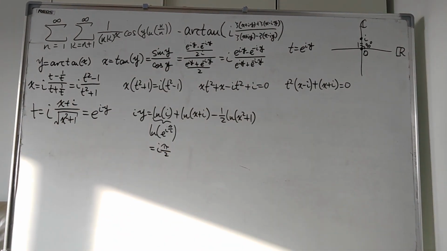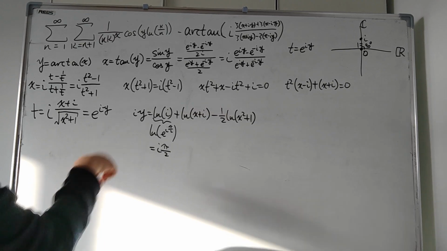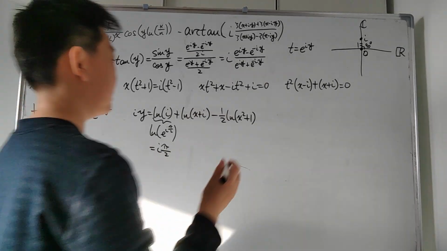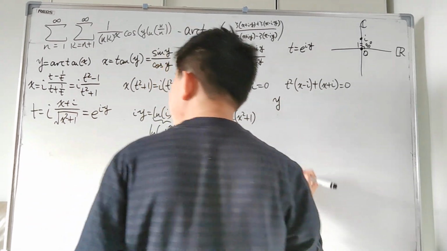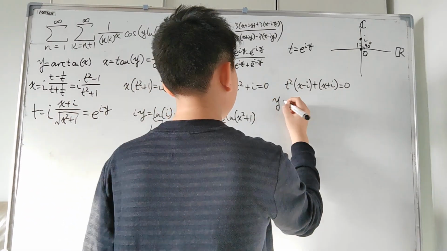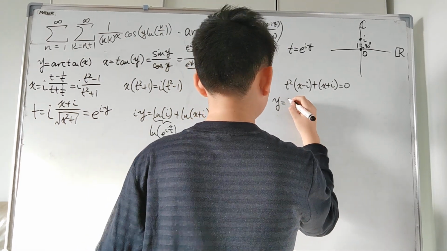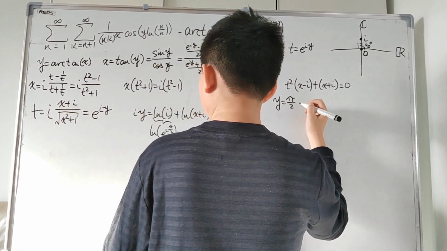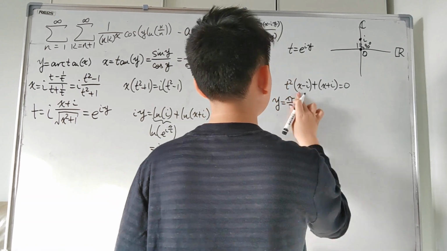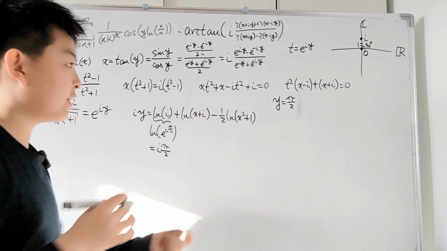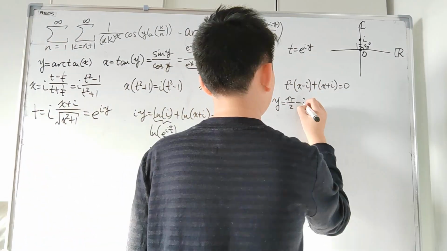Very quick, very easy. Now all we have left is to divide by i throughout, and we would get that y, which was our arctangent function, is equal to pi by 2 plus, oh no, it'd be minus i, because this is going to be plus 1 over i, and 1 over i is negative i. So we have here minus i